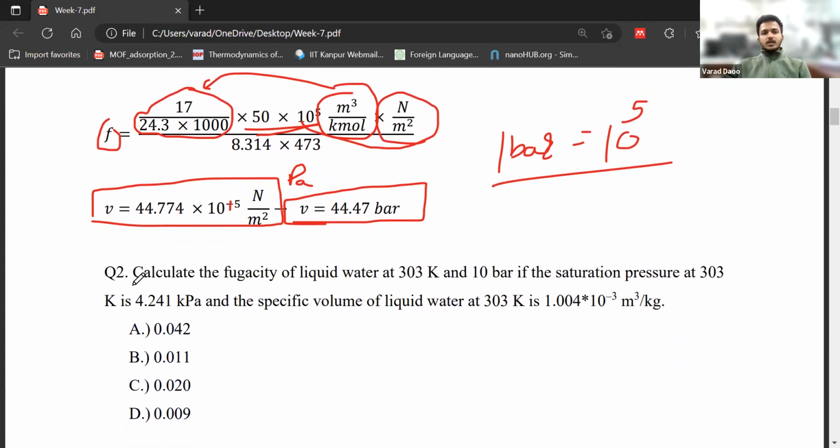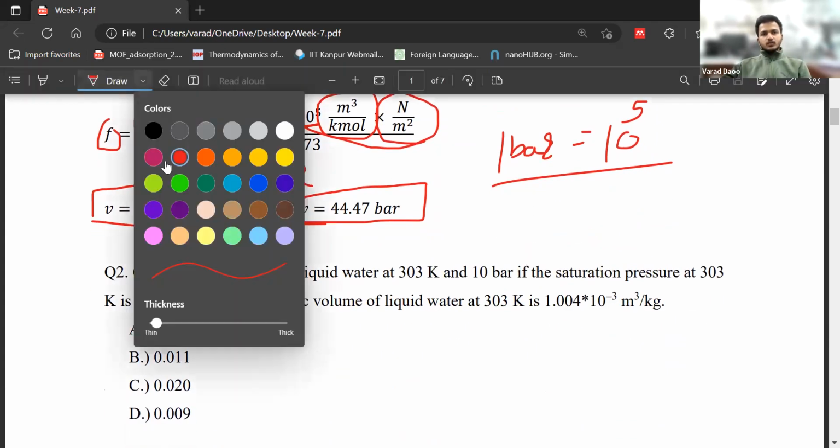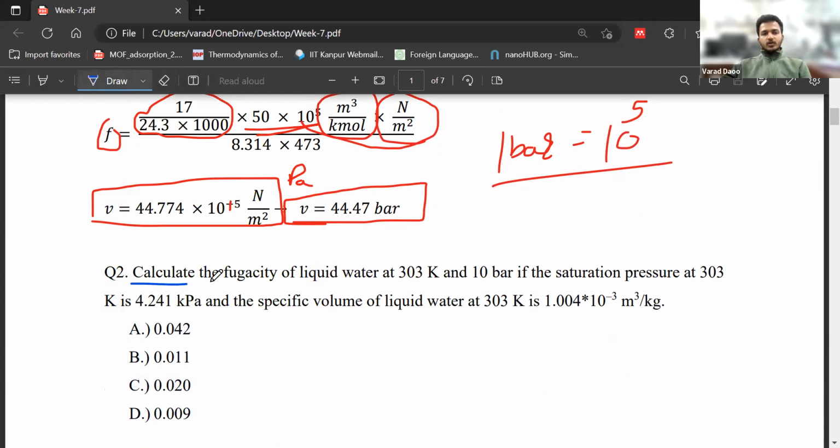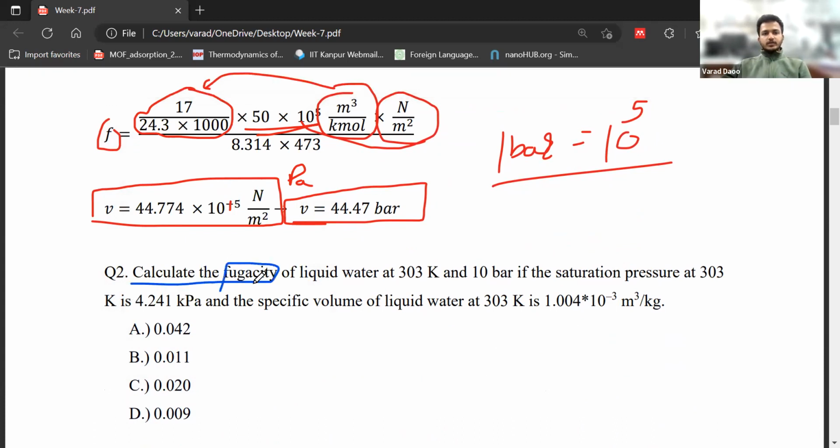So the next question is this. Calculate the fugacity. Here also we are asked to calculate fugacity. However, in the earlier question we calculated the fugacity of a gas, whereas here we have to calculate the fugacity of liquid. Calculate the fugacity of liquid water at a temperature of 303 Kelvin and a pressure of 10 bar, if the saturation pressure at 303 Kelvin is 4.241 kilopascal. So we are given the saturation pressure